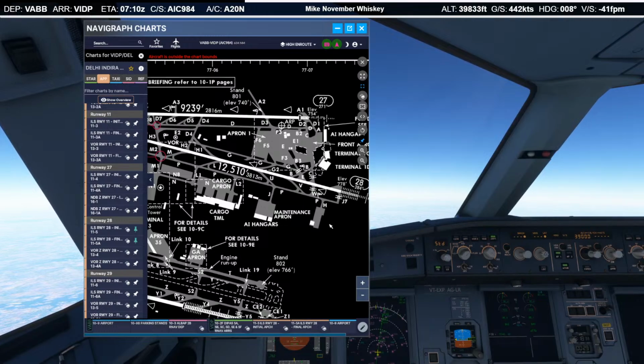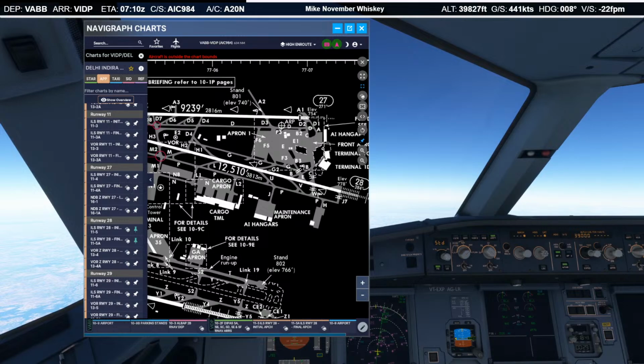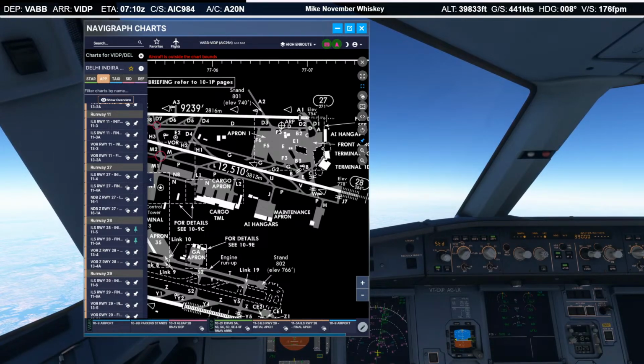Even today we're having to land from the east. And they're building 3 new terminals, terminals 4, 5, and 6.